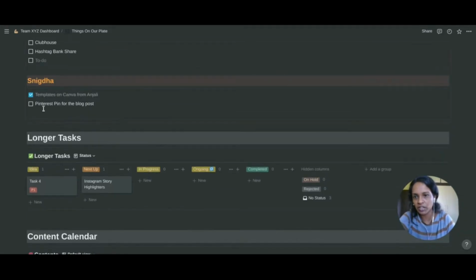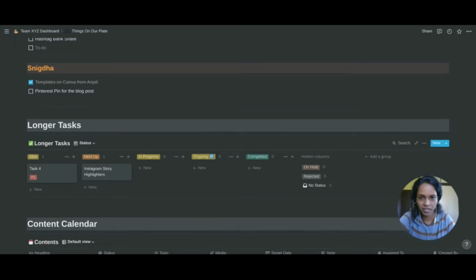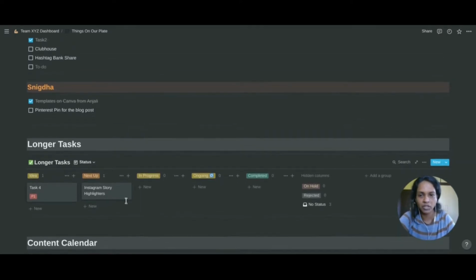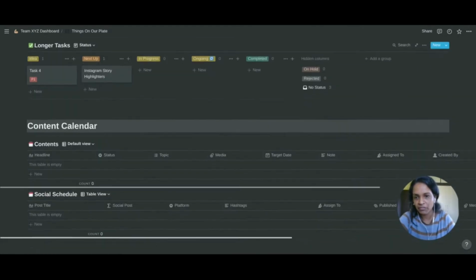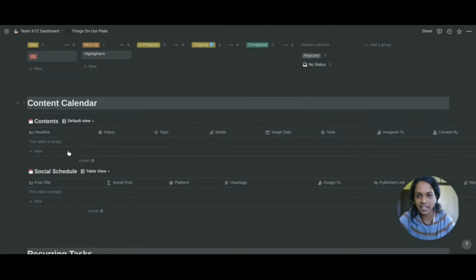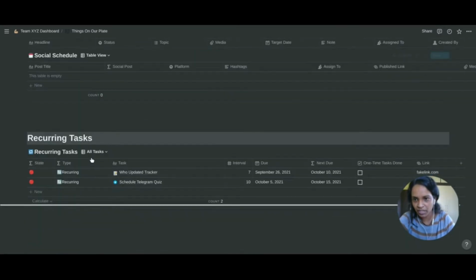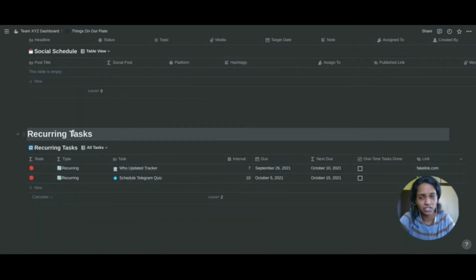Sometimes some of the tasks also get moved from quick to-do to this if we realize that particular task would take more time, and we begin to work on it and keep it under the longer task list. After that, we have something called a content calendar, and then there is recurring tasks.